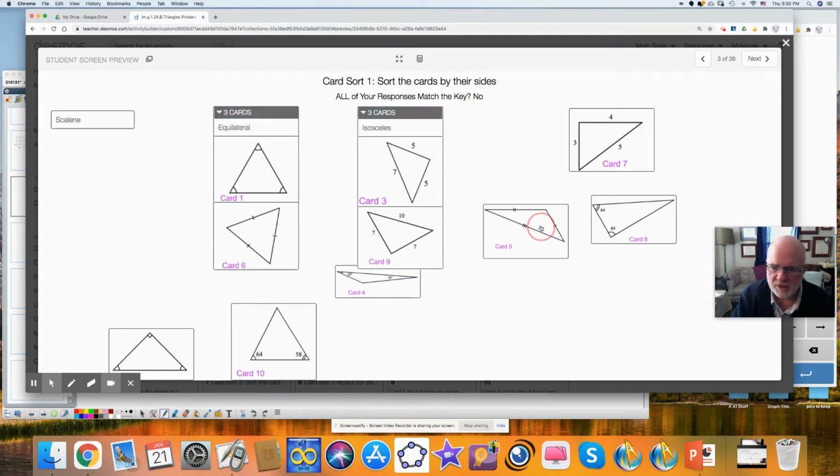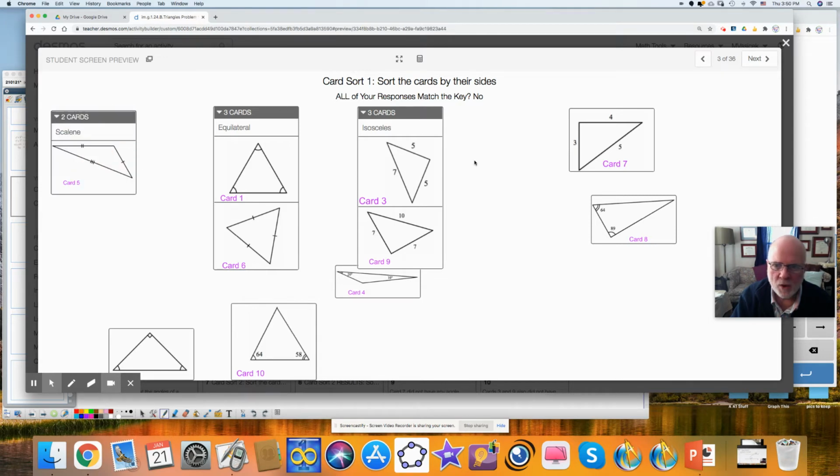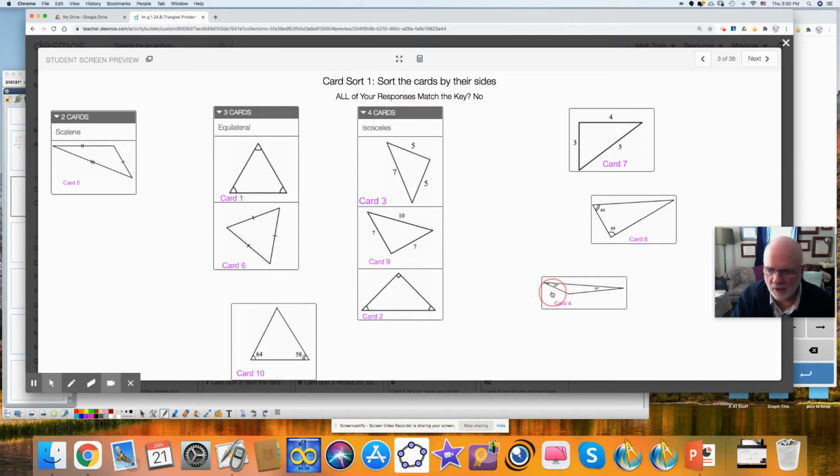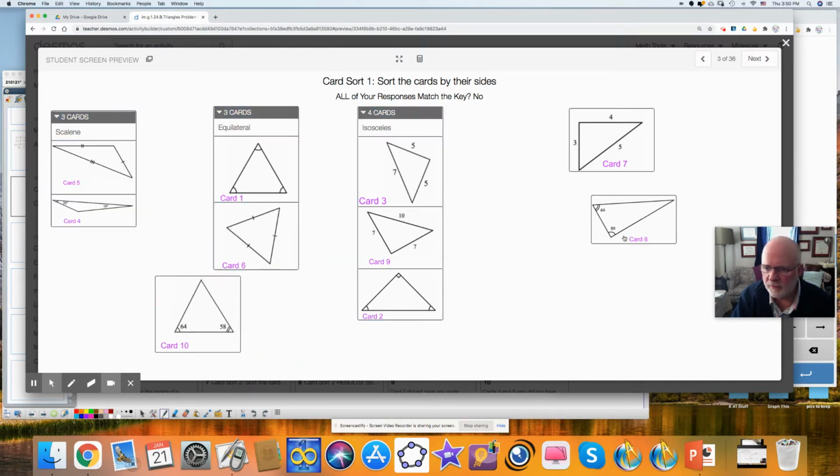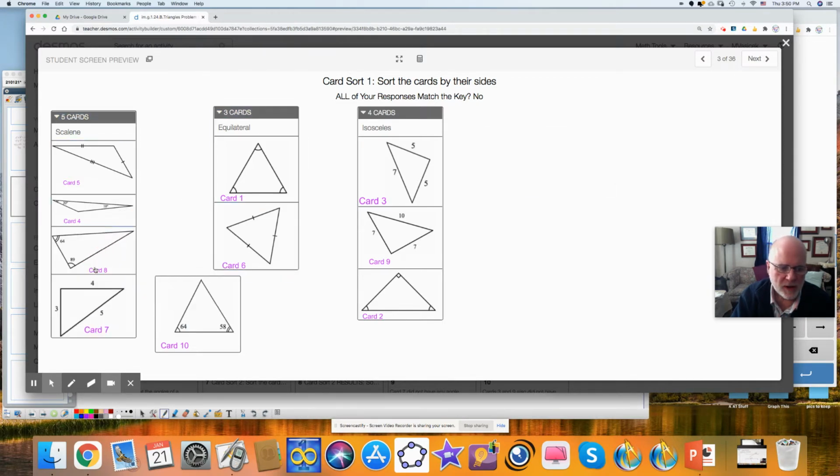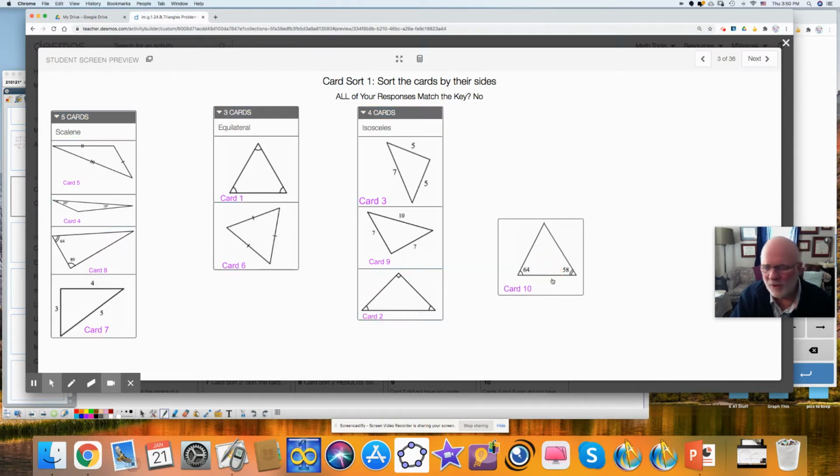If all sides are different, as marked here, that's scalene. That's what it means to be scalene. When your answers match, this will be a yes. Here we have two angles that are the same, which means that two sides would also be the same. All three angles are different, so this would be scalene. And we have these three, which are all different, so this would be scalene. And this last one, I don't know the third angle,